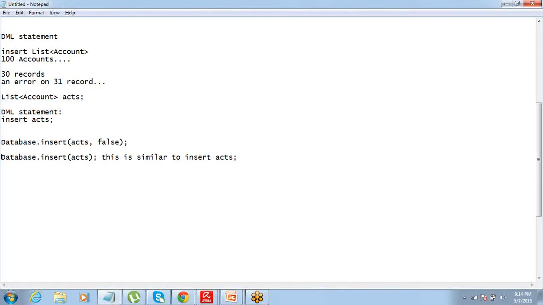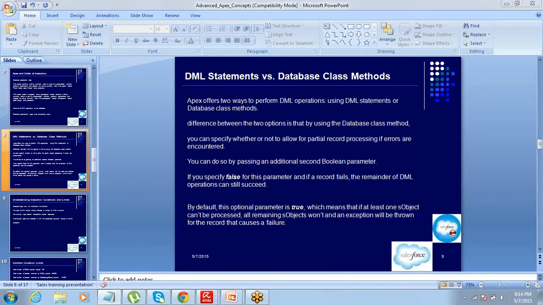And this Database class has a lot of other methods. The normal DML operations are okay, but there are a few more methods which allow you to do more custom kinds of operations on the database.